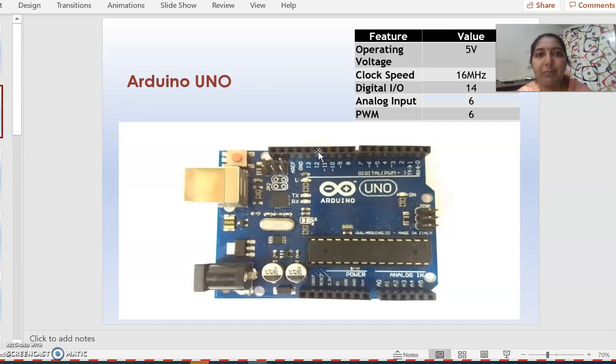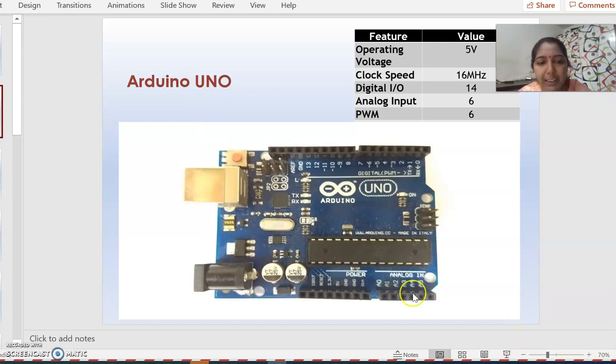In the previous lecture, we had seen that there are so many variations in the Arduino board, such as Arduino Uno, Arduino Mega. But now we are discussing the Arduino Uno board configuration. So even though so many variations are there, almost all the components are common to all the boards. And this is the basic board, and now we are going through the details of this Arduino Uno board. So this is the appearance of this Arduino board. Now we'll see one by one.